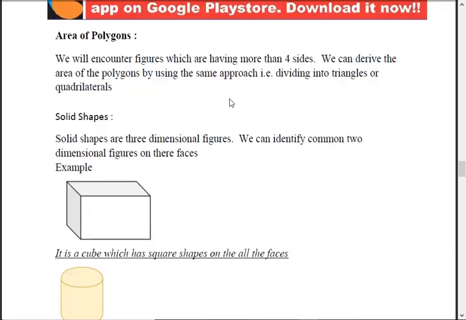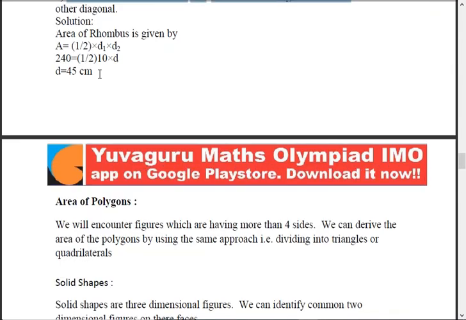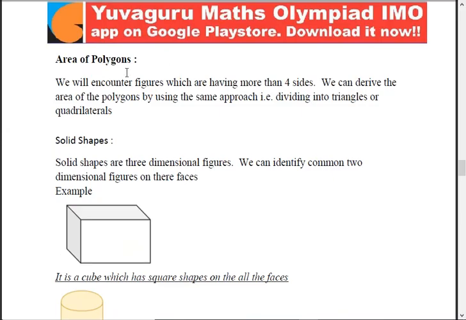These are all theory videos, practical videos. We have solved them many times in our practical sessions. Okay, follow them. Now areas of polygons. If we have more than 4 sides, meaning pentagon, hexagon, then what do we do? We can derive the area of the polygon using the same approach, dividing it into triangles and quadrilaterals. Divide them into as many smaller shapes as possible. Smaller means what? Triangles and quadrilaterals. So we know the areas, we can find out each and then add them.